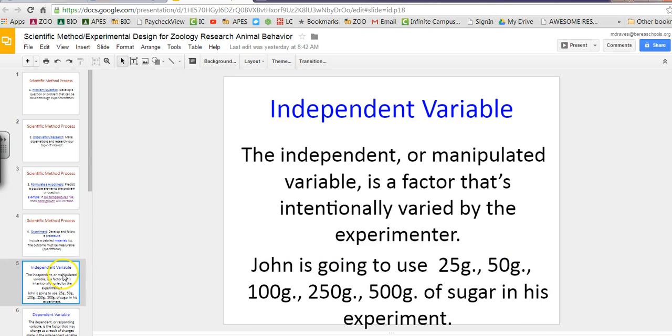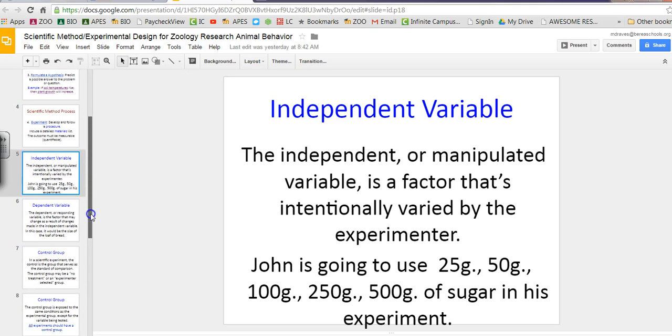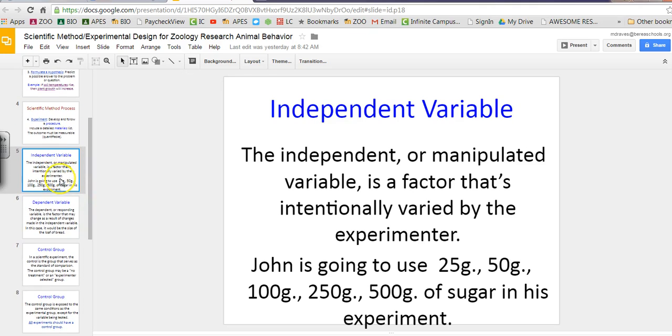I mentioned earlier the independent variable. Again, this is the one that's manipulated. It's a factor that we vary in the experiment by the experimenter. So in the crayfish example, it was gravel. Another example would be John is going to use 25 grams, 50 grams, 100, 250, 500 grams of sugar